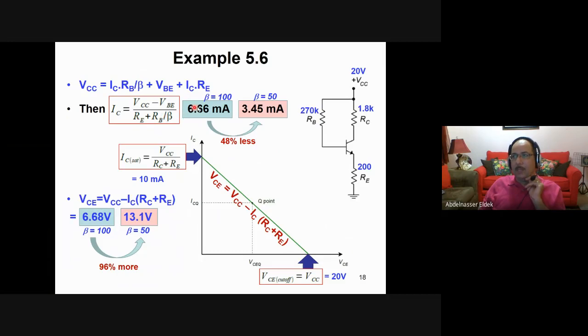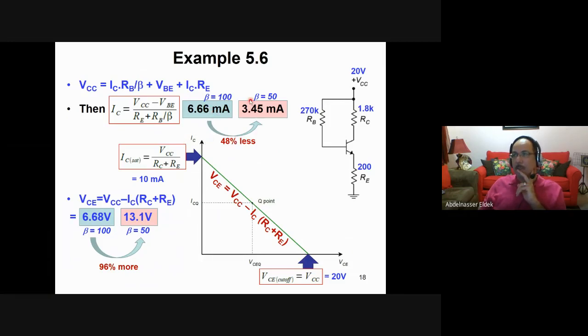Okay, when beta is 100, this is the current. The current is 6.6 milliampere. When beta is 50, it is 3.45. You see, there's a big difference between them. It is almost 50% change. Okay, what about the